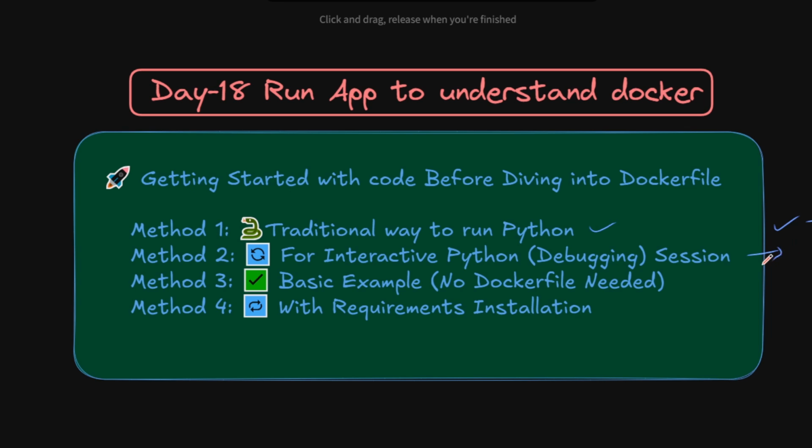The second one is method 2, for interactive Python. This is again a very important thing to debug how to create a Dockerfile. So do not skip it, this is a must for debugging purposes. Methods 3 and 4 are just for your development purposes. Let's say when you become an expert, in that case you can just start any container without a Dockerfile,